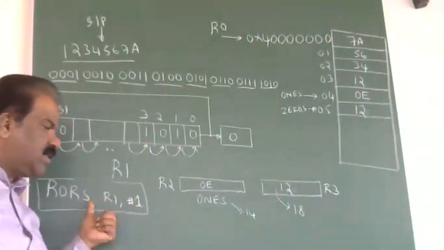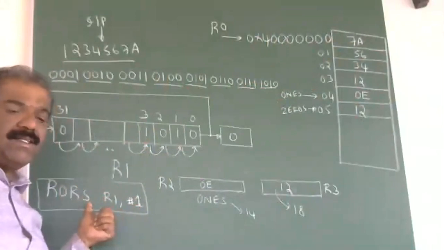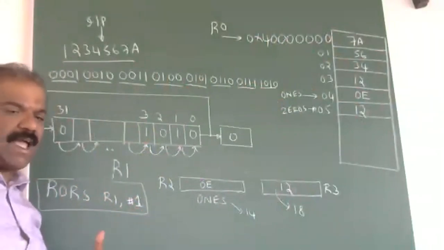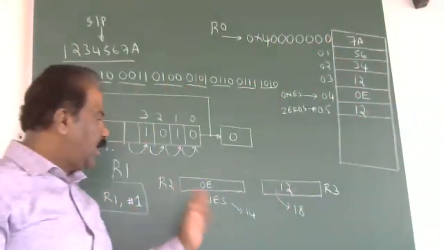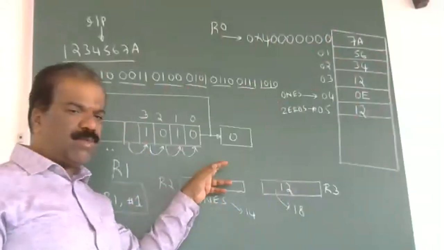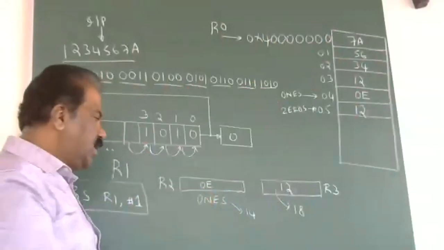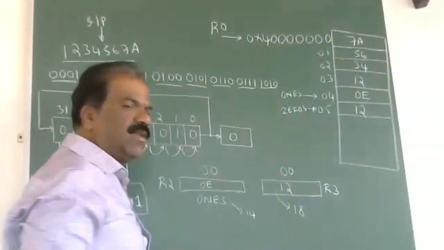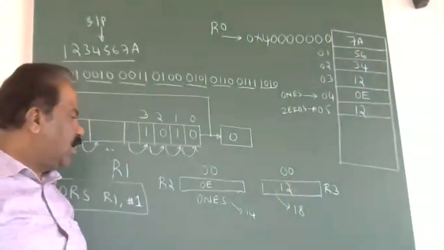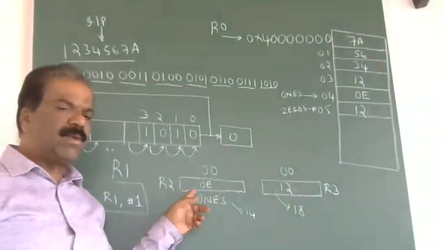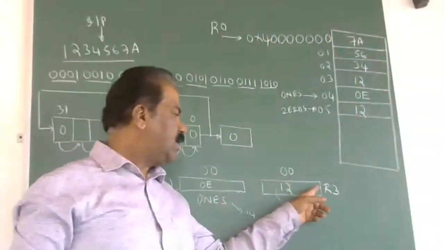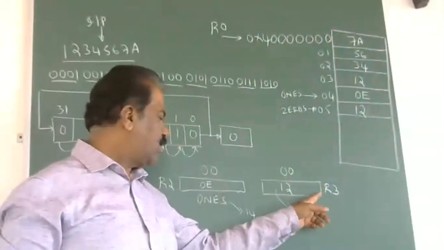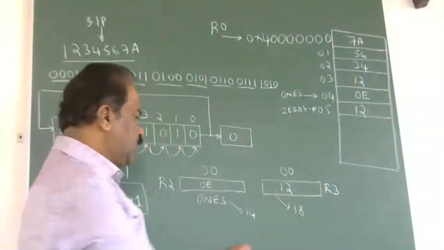So what is the meaning of this? It's going to update the status flag. It's going to update the CPSR register because we have to affect the carry flag. Now, if the carry is 1, I'm going to update this counter. Initially, the value of this counter is 00. By default, we know the contents of all the registers are zeros. Now I'm going to use R2 to store the number of ones and R3 to store the number of zeros.